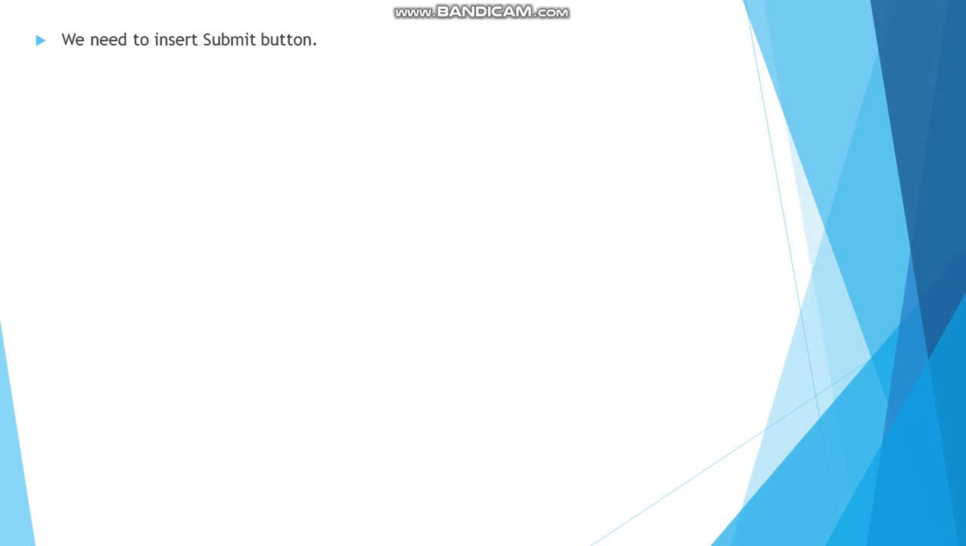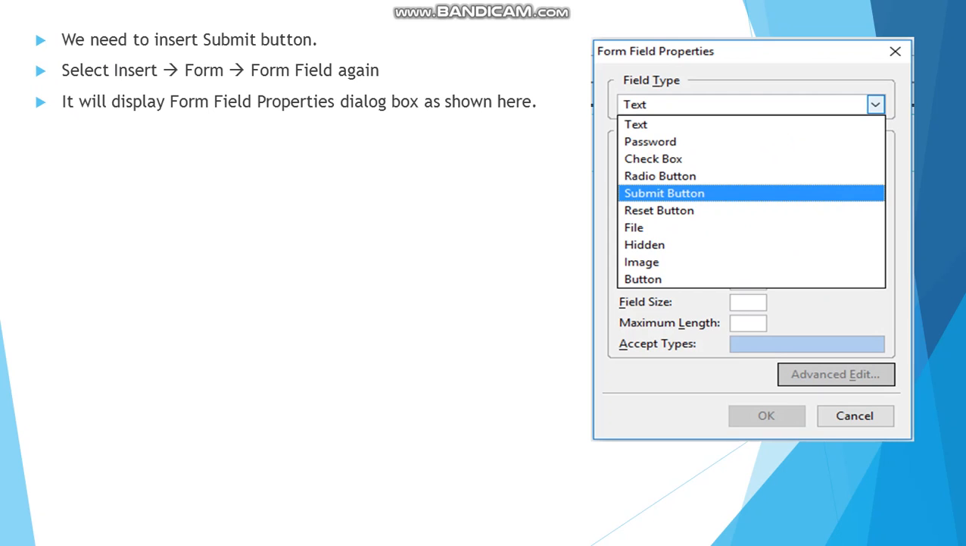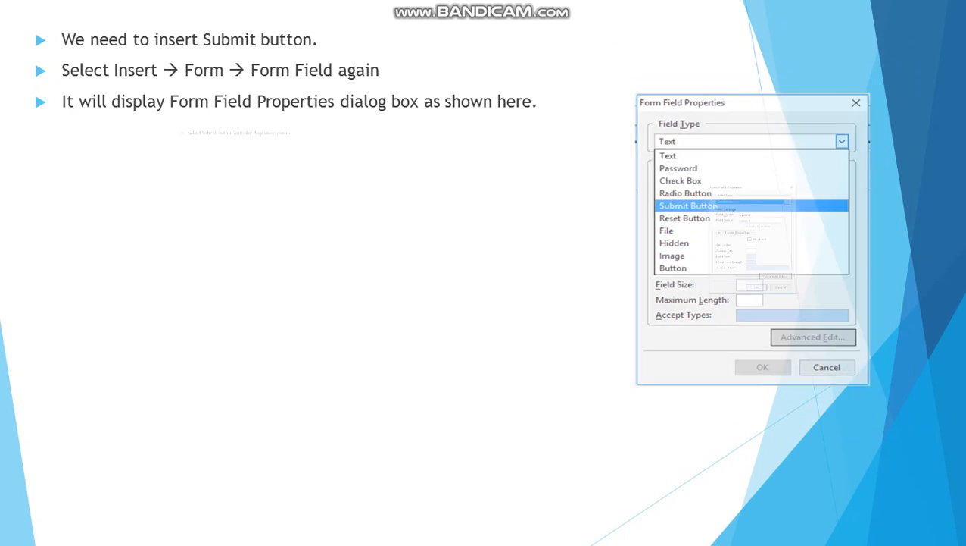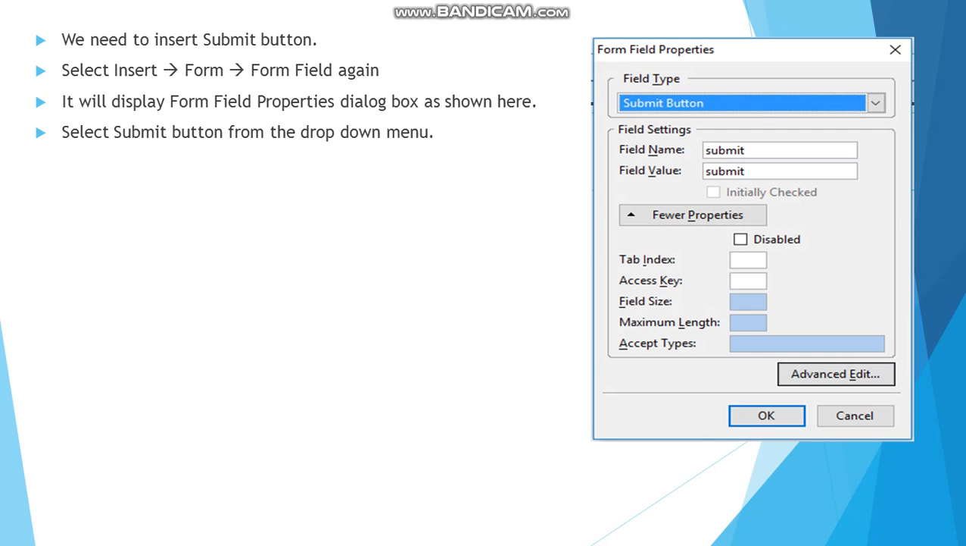Now we need to insert a submit button. So again select the Insert Form Field option. It will display the Form Field Properties dialog box as shown here. So again it will display the same dialog box. From this drop down list, now you have to select the submit button option. A submit button is used to submit form data. So select submit button from the drop down menu, and then